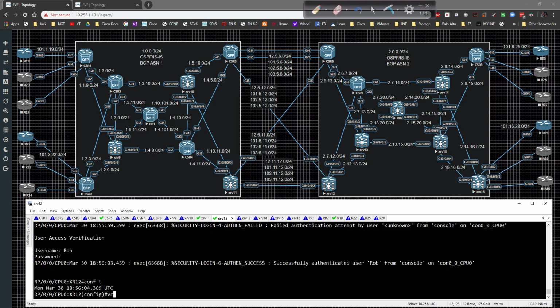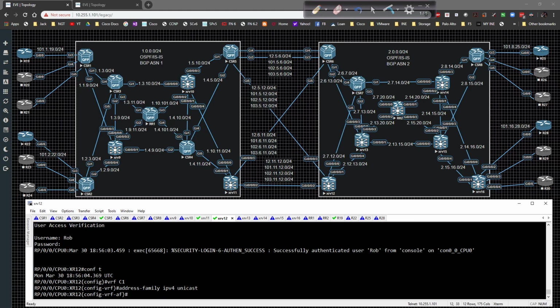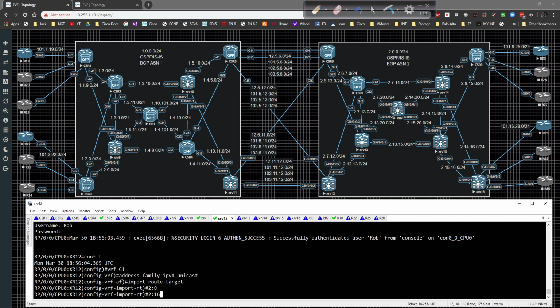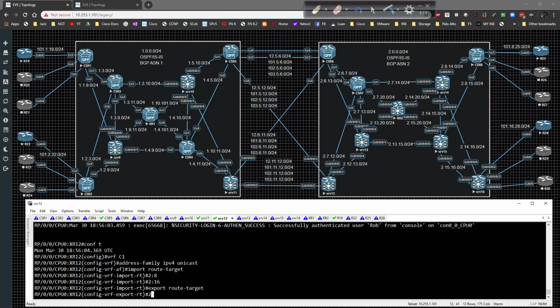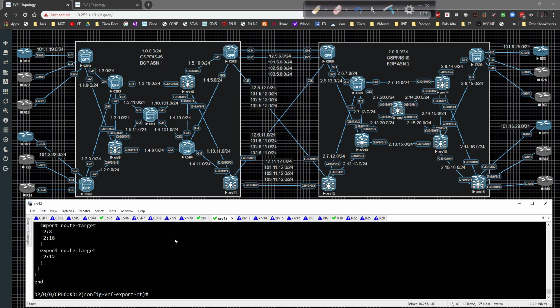Go to global config, VRF C1, and then the address family IPv4 unicast, and then the import route target value is going to be 2:8 and 2:16, but the export is going to be 2:12, and show config. And we're just going to, again, like we did before, just copy and paste this over